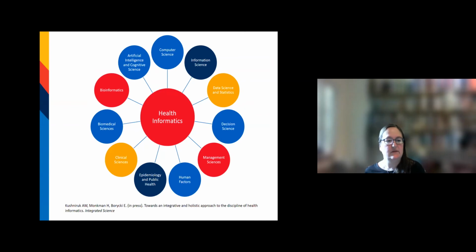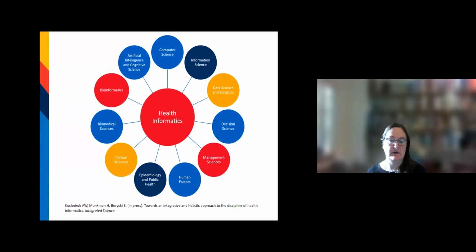What's neat about health informatics is essentially many years ago, about the 1950s, it started as a particular field or area of study. But over the years, we've actually seen considerable changes taking place. And health informatics is now a discipline that draws on a lot of different areas. So this is a diagram that we have in our department, and it's in the process of getting published, where we look at the different areas that health informatics draws in on. So just as a science, what we do is we borrow from other areas, but we also push out to these areas in terms of what our findings are around health information technologies and their evaluation, as well as their